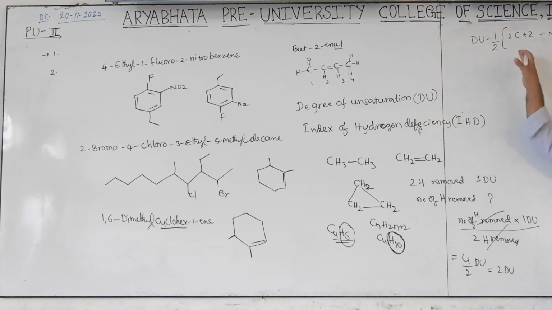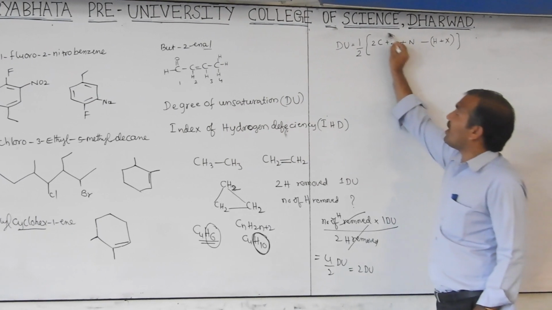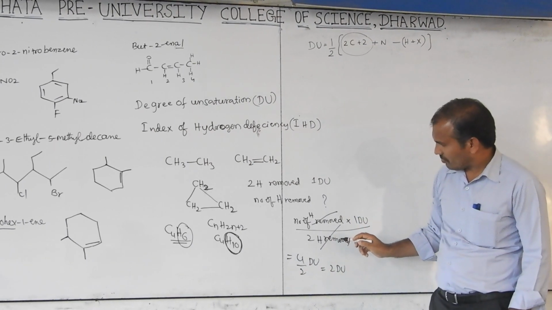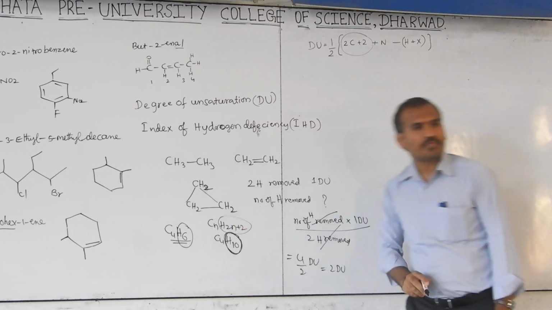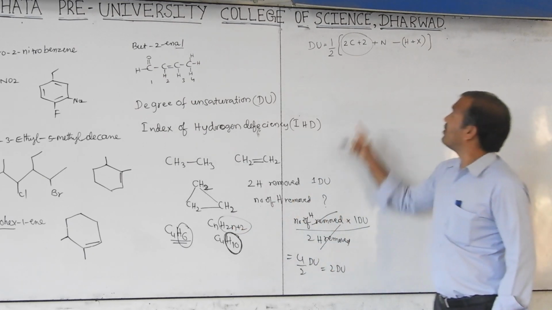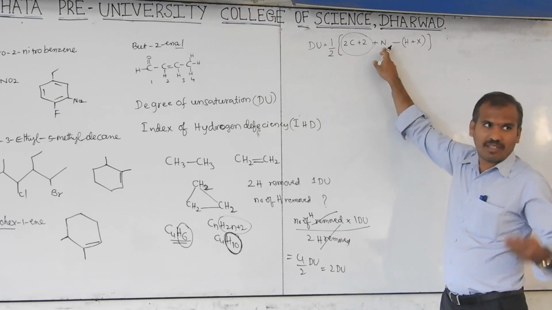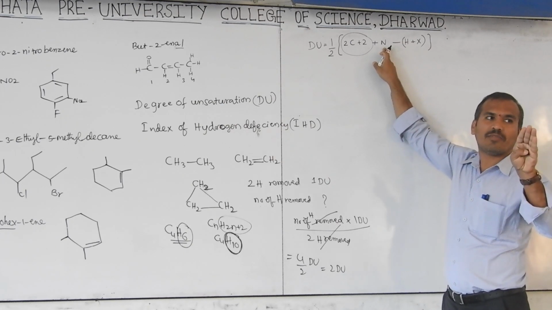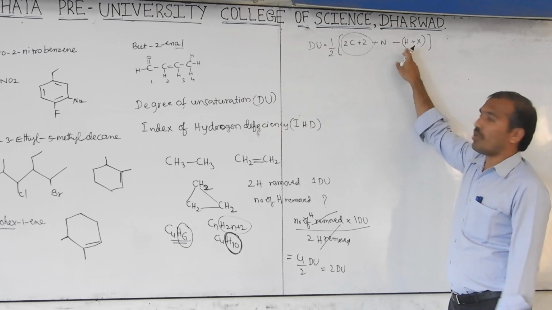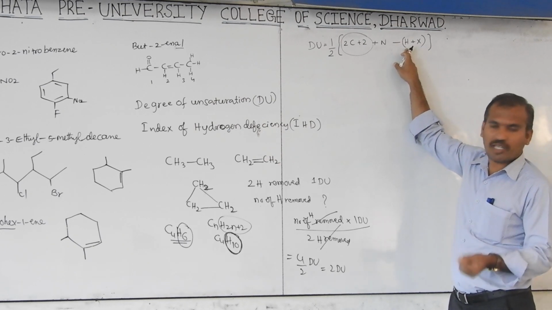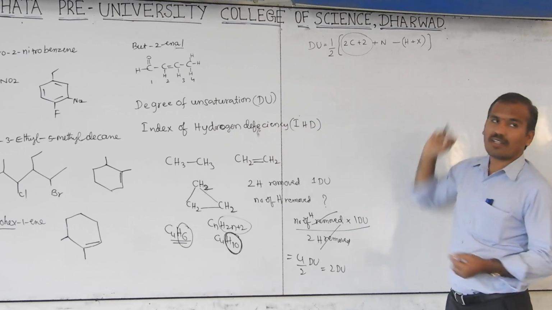What we did is the same. If I explain this, it would take at least 5 minutes, nearly 10-15 minutes again. So instead of that, we can follow the simplicity. What is the point here? 2n plus 2, this n is carbon, plus 2. If N is there in the molecular formula, it increases 1 hydrogen. If hydrogen is there, only when hydrogen is lost is there a degree of unsaturation. If X is there, that also loses 1 hydrogen.